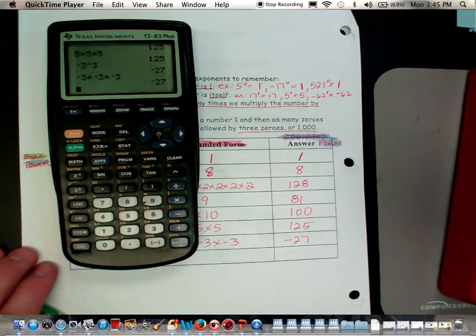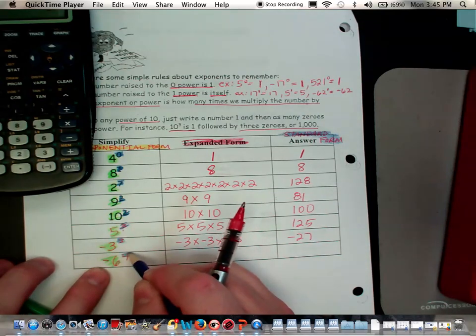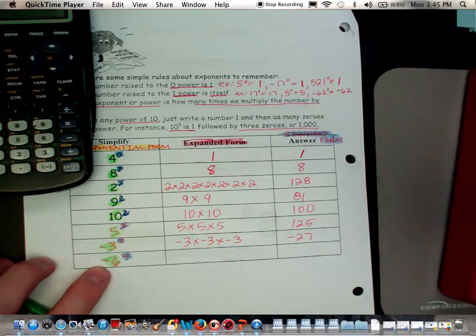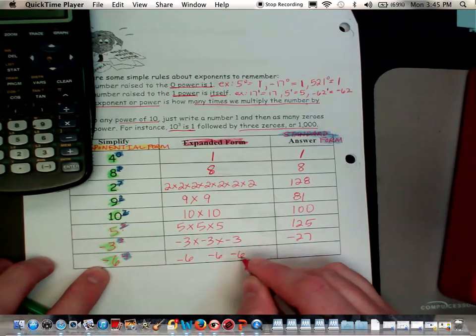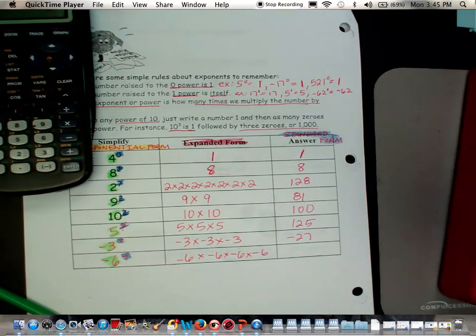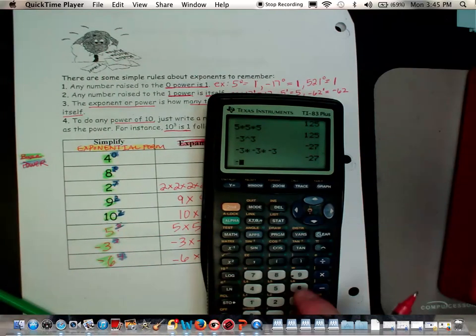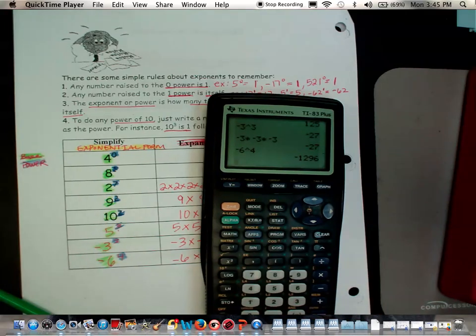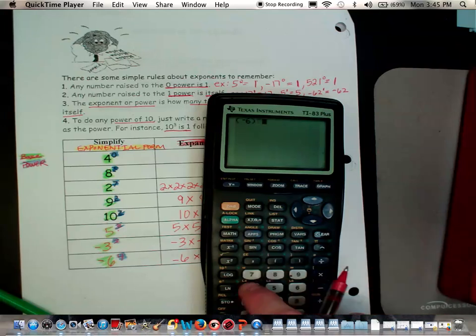Okay? And then my last one here, negative 6 is its base. My exponent is 4. So I need 4 negative 6s. And I'm going to multiply those, because remember, exponents always deal with multiplication. So that's what it is in expanded form. That's what I expanded it out. So when I multiply that out, I'm going to get negative 6 raised to the 4th power, which is